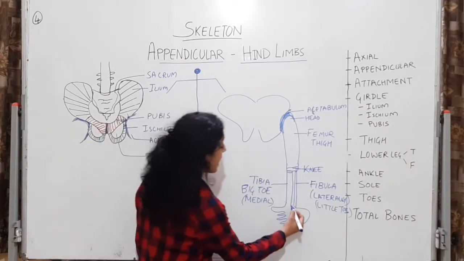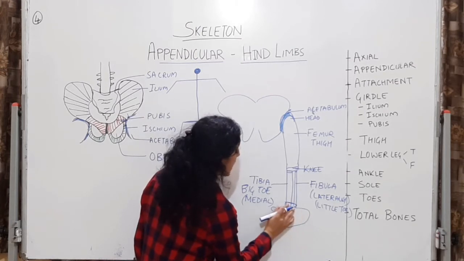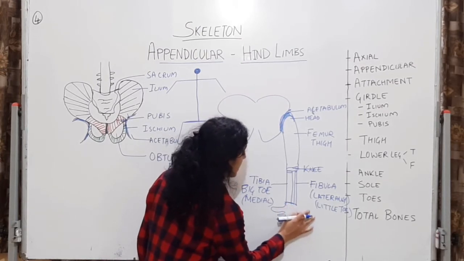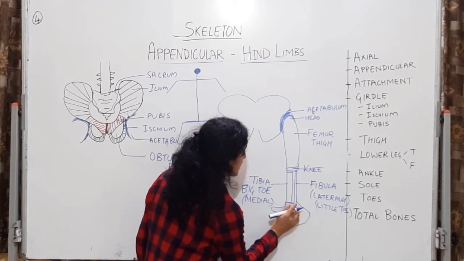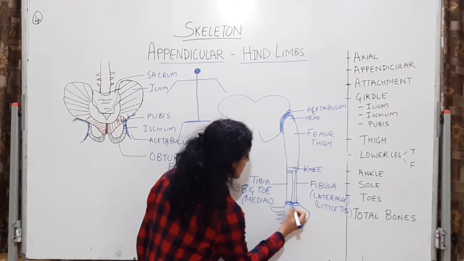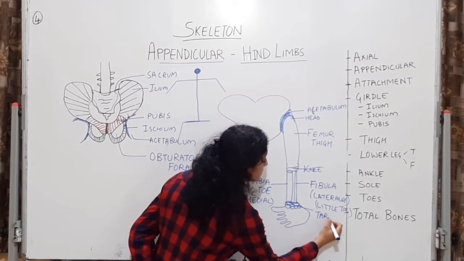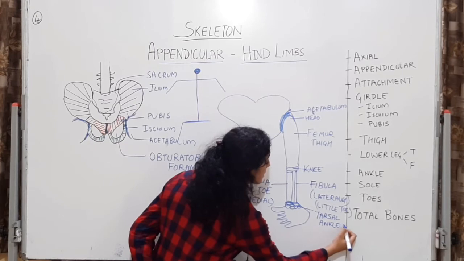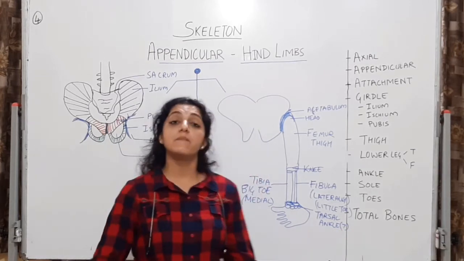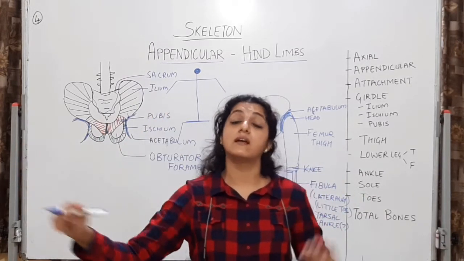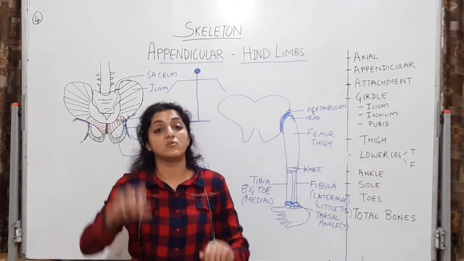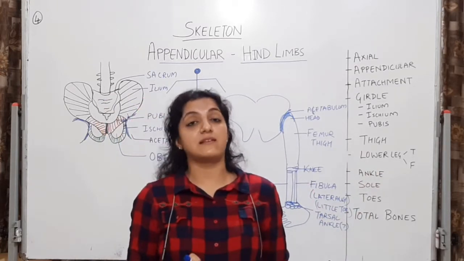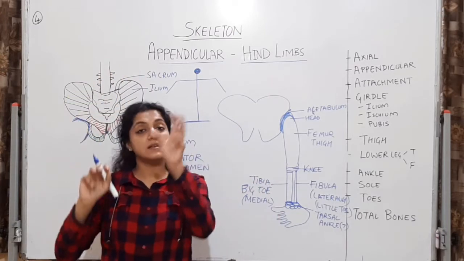ओके, देन अगेन एट द एंकल you will have the tarsals. Again at the ankle region you will have the bones which are called tarsals. इनका arrangement रहेगा ऐसा. Tarsals will be 7 in number. Tarsals, these are the ankle bones. They will be 7 in number. As compared to the carpals, carpals 8 थे, tarsals 7 है. Important MCQs. Carpals और tarsals का number पूछते हैं respectively. So carpals 8, tarsals 7.